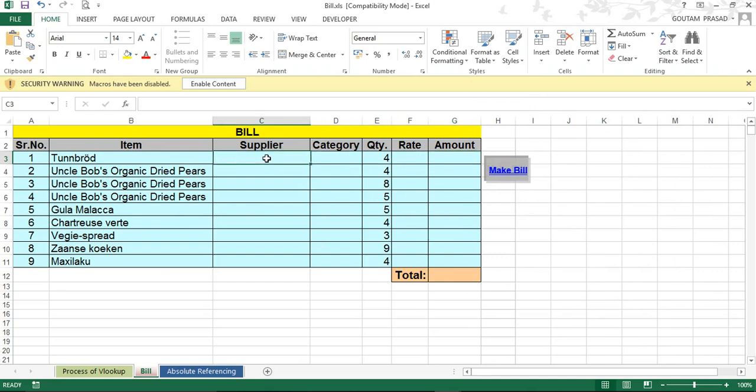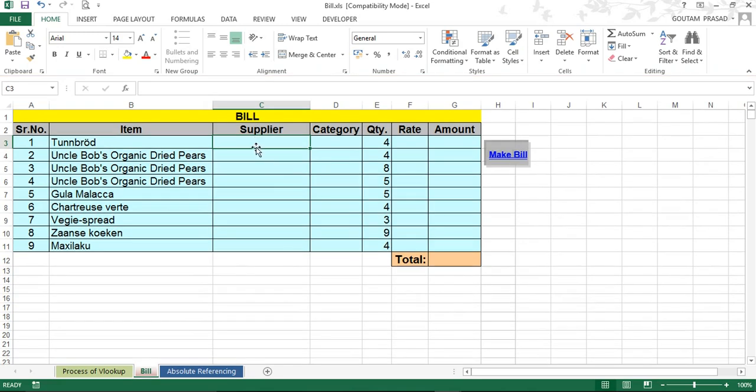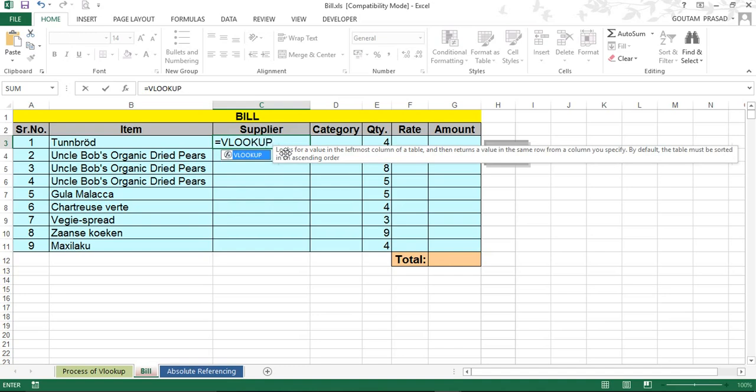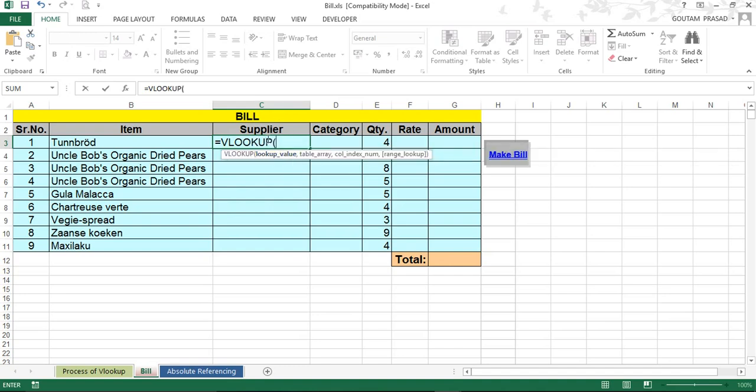So in order to get the supplier of this item, we will have to use the Vlookup function. Let me write it: equal to Vlookup, open the bracket, and it is telling you to give its lookup value. So lookup value is nothing but this item. Click on this item and put a comma sign. Then it is asking for the table array, that is the master table. So go to this place,